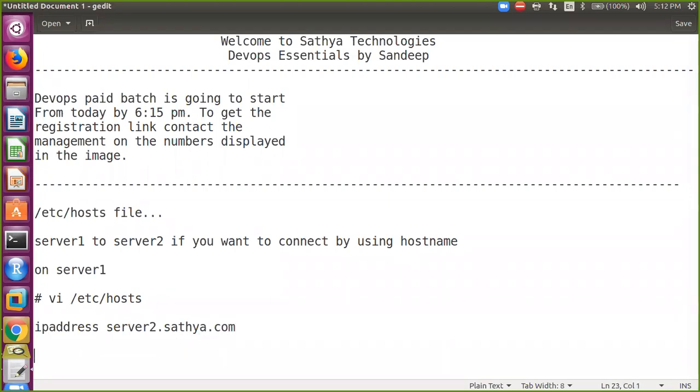Okay, so that your server 1 can resolve server 2's IP address with the host name, right?